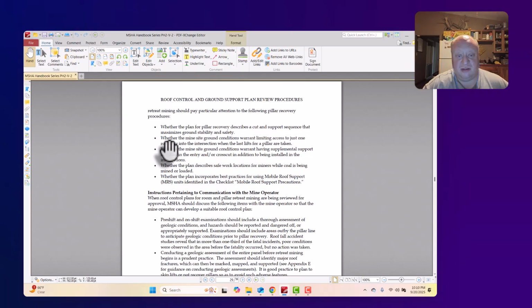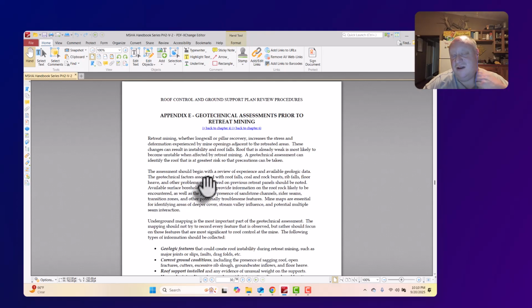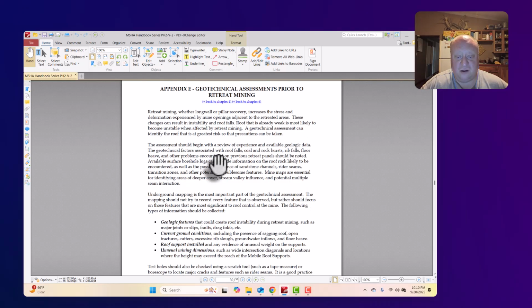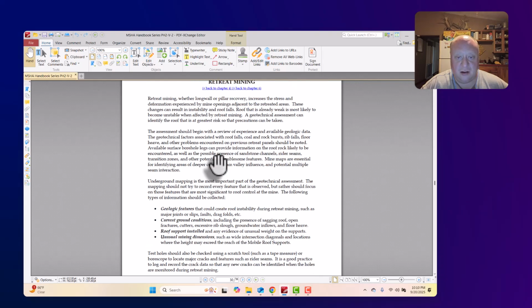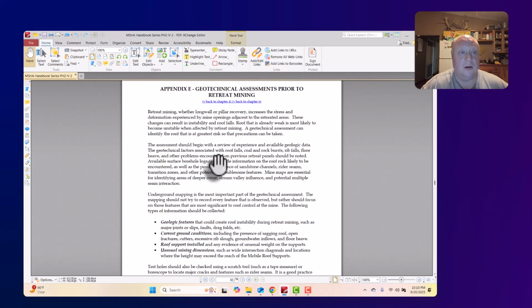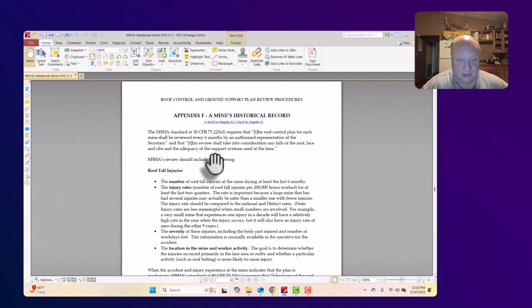So with that, where are we moving on to? Geotechnical assessments prior to retreat mining. This is important. So retreat mining, longwall or room and pillar, increases the stress experienced by the mine openings that are adjacent to the area that's retreated, the abutment loading. For areas to be retreat mined that are deeper than 1,000 feet of cover, and for longwalls, I believe it's 1,500 feet of cover, correct me if I'm wrong,